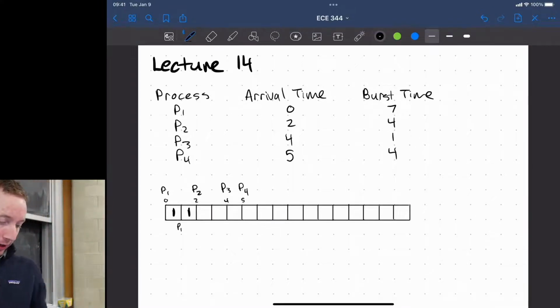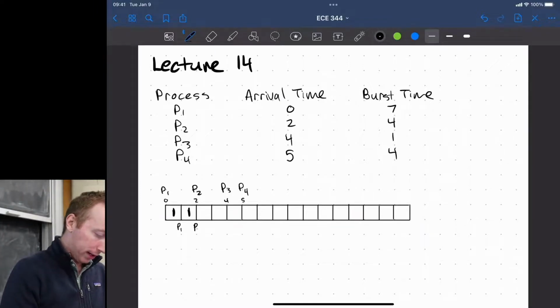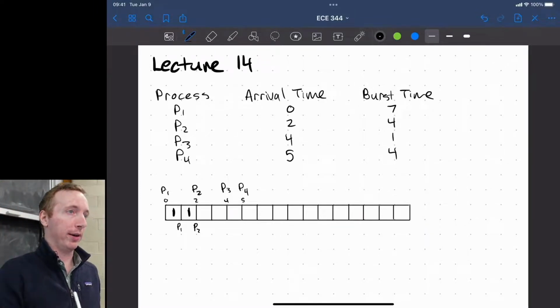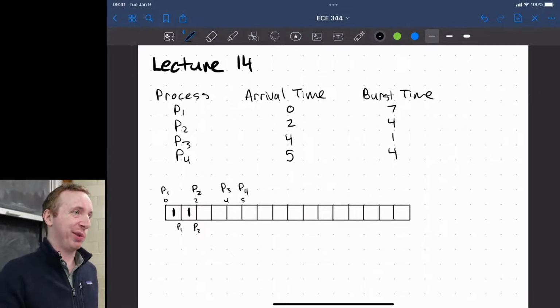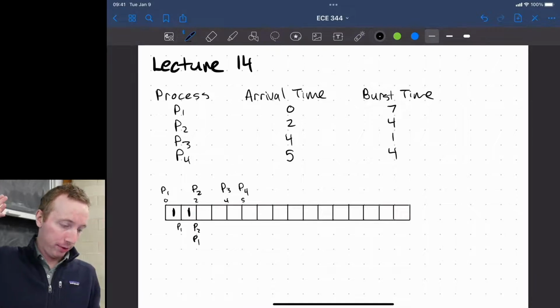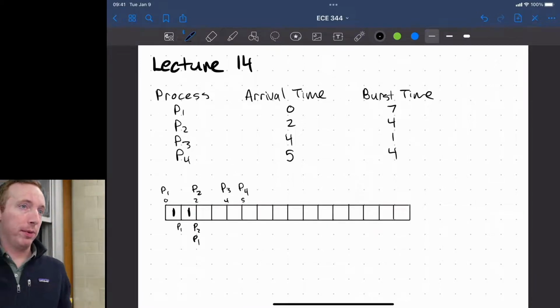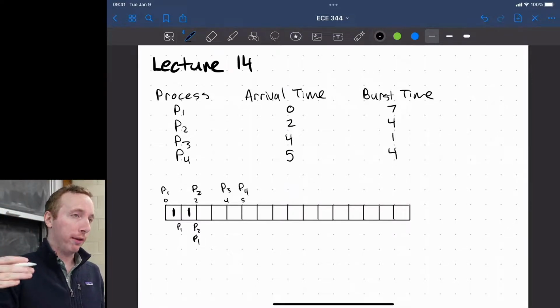Now, at t equals 2, process 2 comes in, so it would go to the front of the queue. This is kind of a tie, where a new process is coming in as you're re-queuing yourself. In this case, you would prioritize the newer process just to get its response time down. So at t equals 2, P2 arrives, and then P1 re-adds itself to the back of the queue. So our queue would look like this. It would be P2 followed by P1.